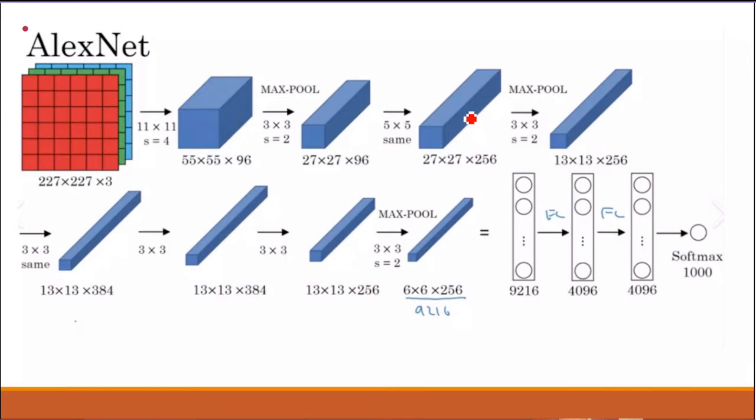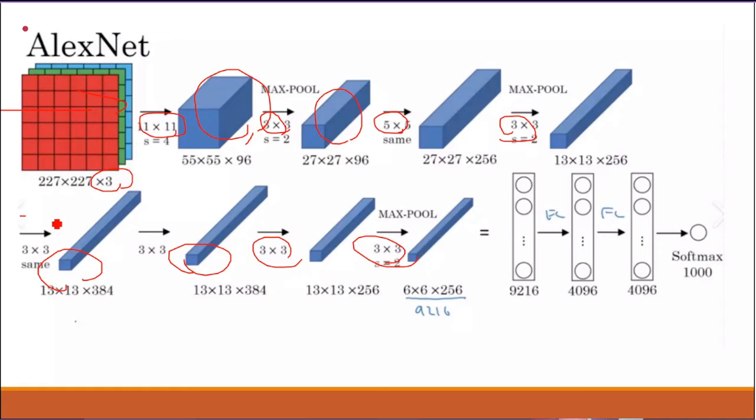Now we'll go for AlexNet. How is AlexNet processed? Input is there; RGB images are processed. It takes convolution and maximum pooling. Convolution is 11x11, maximum pooling 3x3. Again convolution and maximum pooling, then one more convolution and pooling, and a convolution and pooling layer. Keep on, they are going to be added.